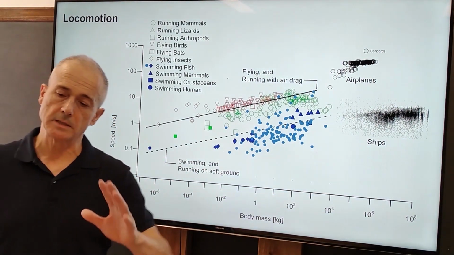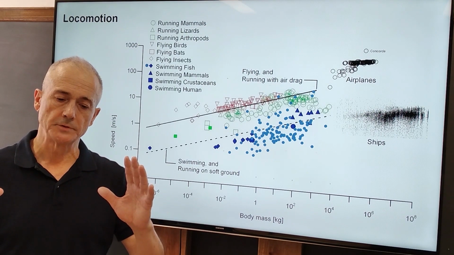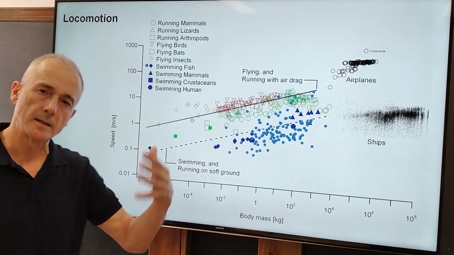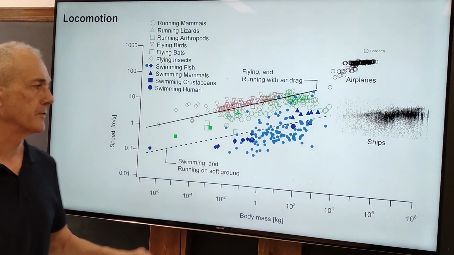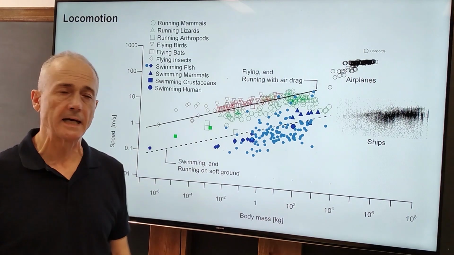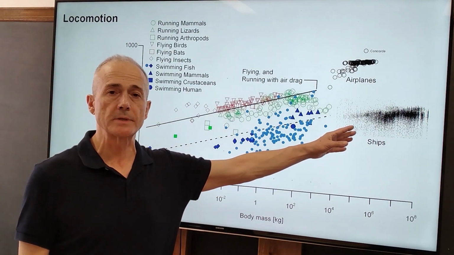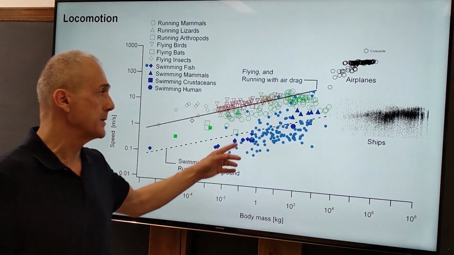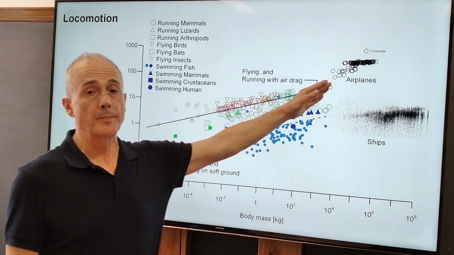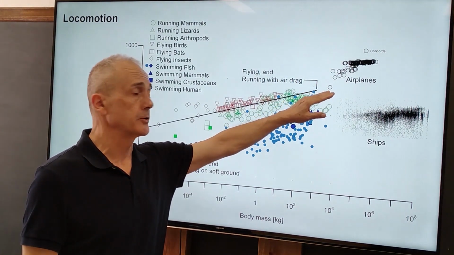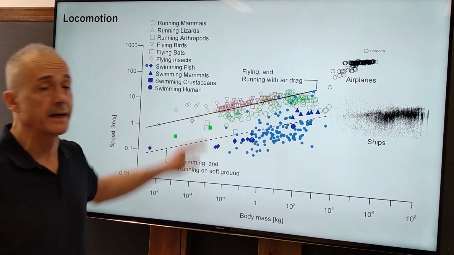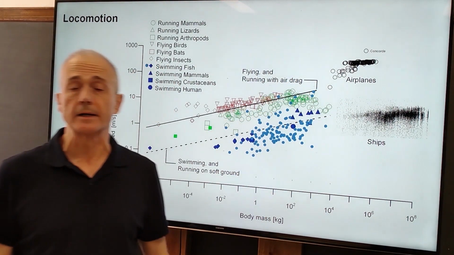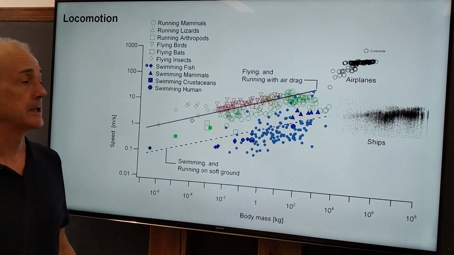This unification of movers on Earth is a drawing coming from me that has been evolving over time. The ships are the most recent addition. They show basically agreement with the swimmers. The airplanes appear to be deviating from the line of the flyers. More recently, they've been brought in line with the animal flyers, by taking into account the fact